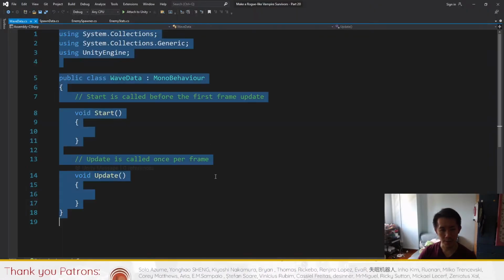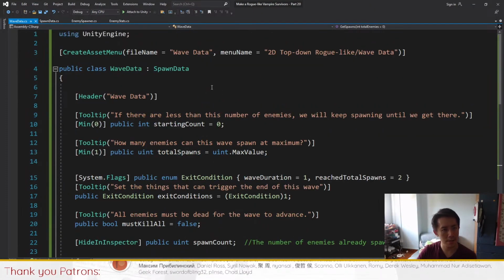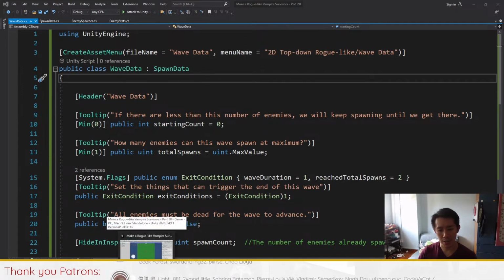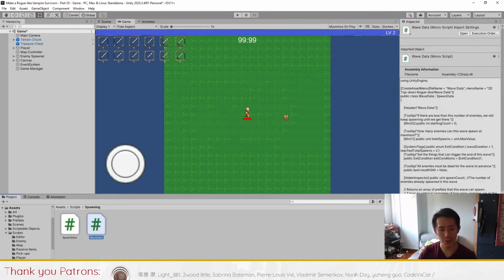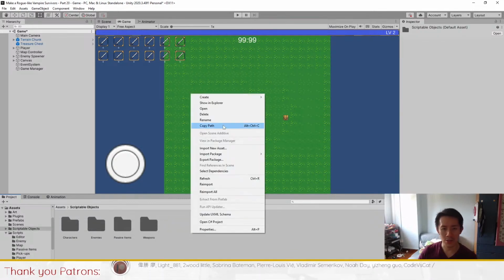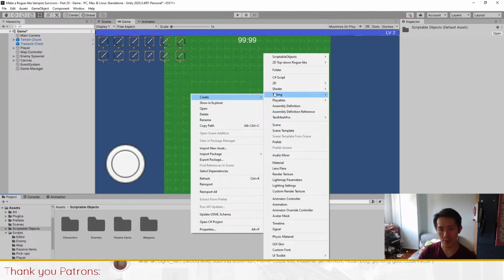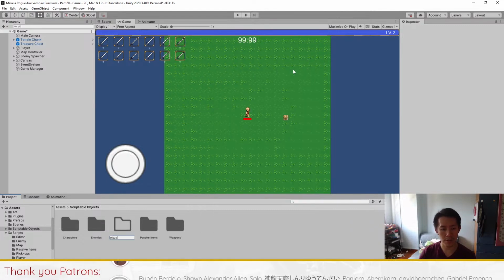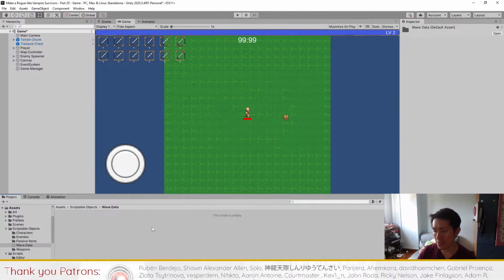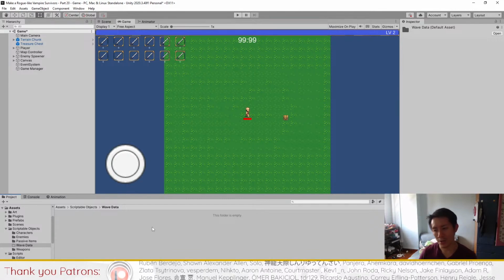So the WaveData script is here. What I'm gonna do here is, after I create this script, let me just show you what's going on in Unity now. So the WaveData script allows us to create a new kind of scriptable object. I'm gonna create a new folder in the scriptable objects folder, and I'm gonna call this folder WaveData. And this will contain data for all the waves that we have in our game, and this also avoids repetition,